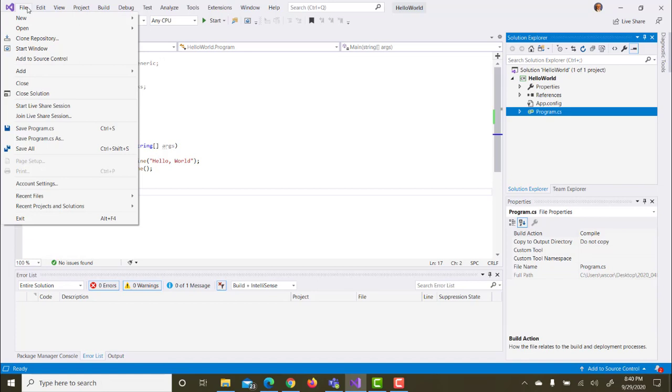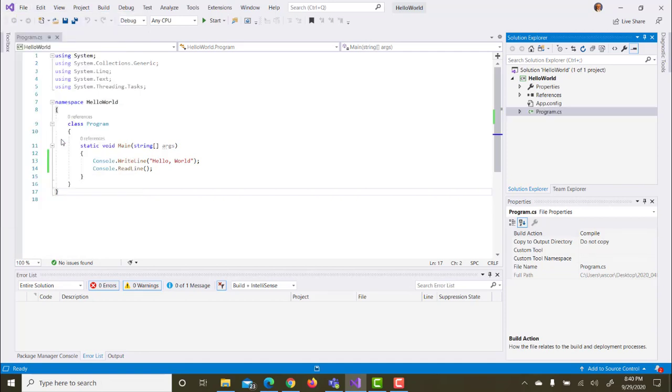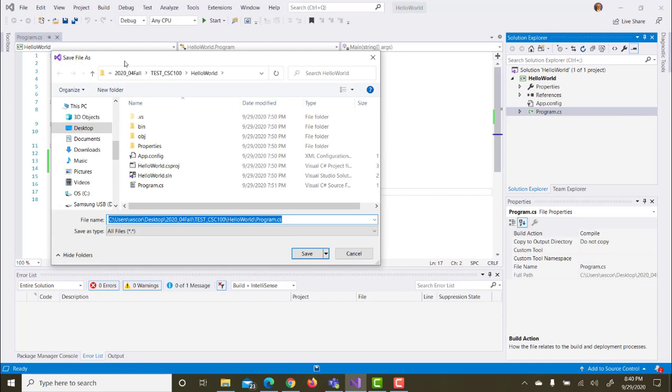Instead, if you go to File, and instead of clicking on the normal Save, come down and click on the one that says Save As. What Save As does is give you a Save File As dialog that tells you exactly where this file is going to be. Here's the entire name. Here's the name of the file at the end and the entire path, or the location,